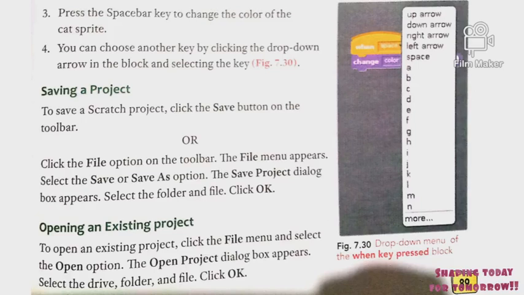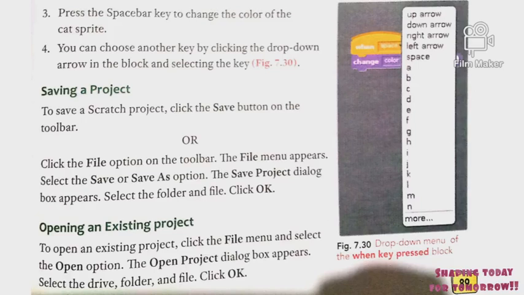Okay, now let's see point number 4: you can choose another key by the drop down arrow in the block and selecting the key. Let's see figure 7.30 for this. So students, here is one more special feature in the drop down menu arrow. If you want to press any other key to change the color of your cat sprite, you can choose any key.